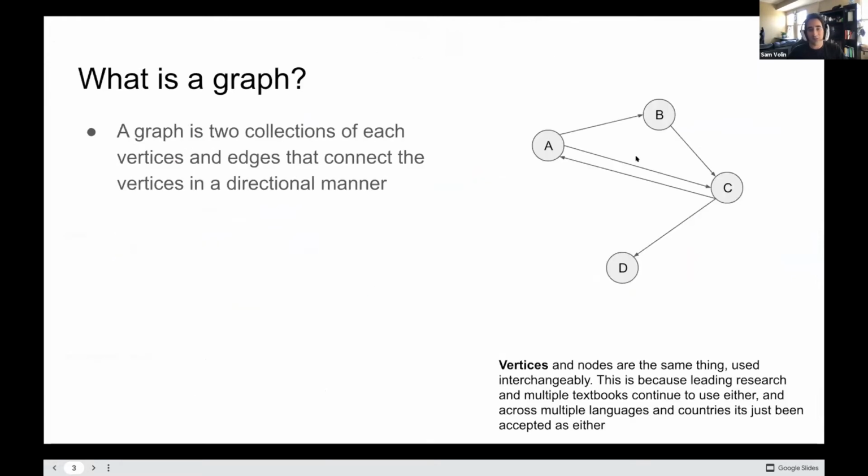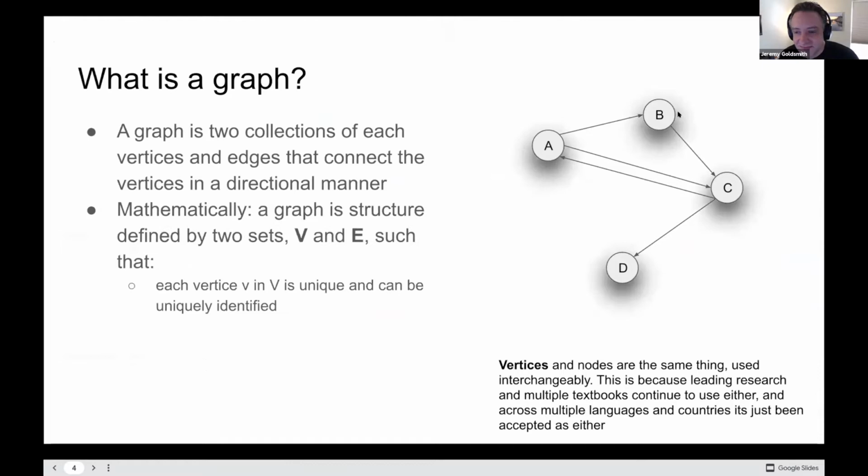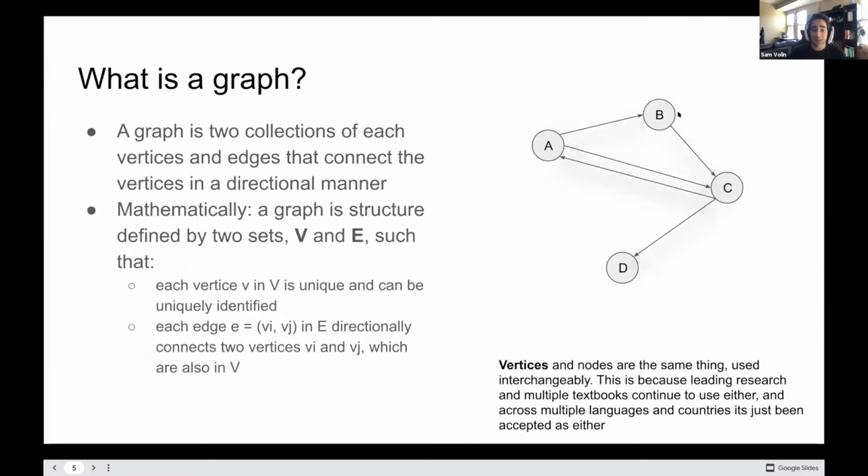All right. Real quick, what is a graph? A graph is a common data structure that shows up a lot in computer science. It is a collection of points and the arrows that connect them. Points are sometimes called vertices or nodes, arrows called edges. Mathematically speaking, a graph is a structure containing two sets, a set of vertices and a set of edges. Vertices are such that each one is unique and can be uniquely identified, and each edge directly connects two vertices